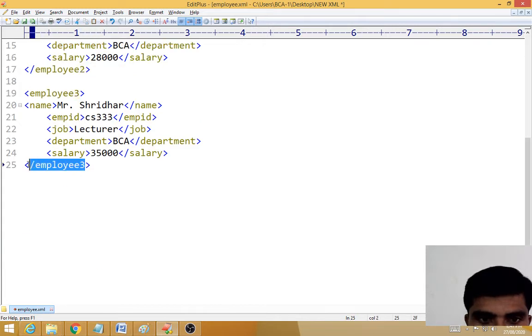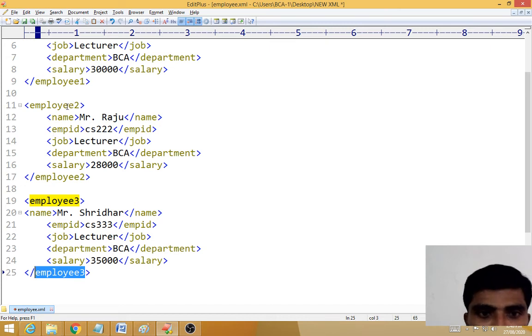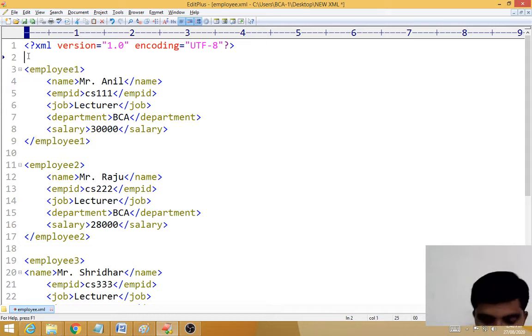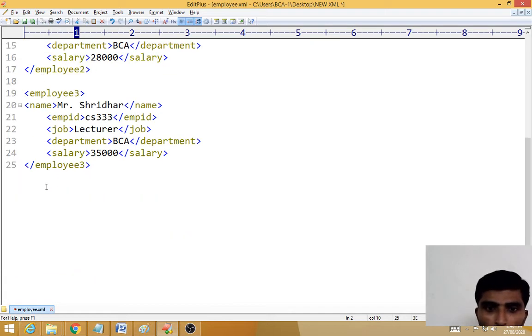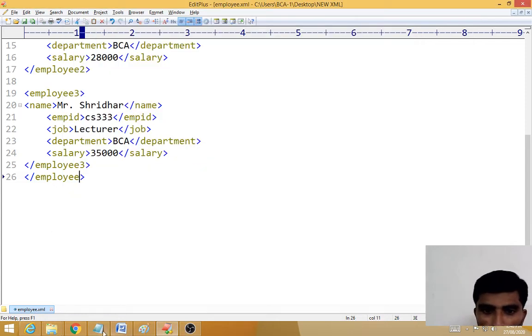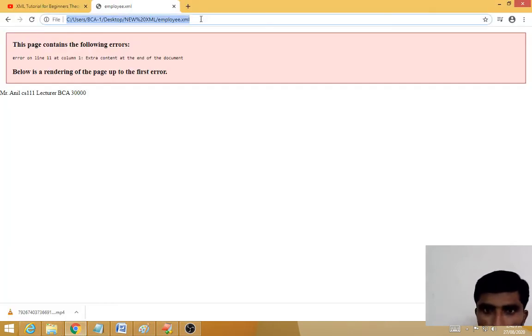So here there is no opening and closing tag. You just have to observe where the error is. Employee. So, wait, I'm writing employee, the root tag, ending with employee. Then come to the browser and reload it.